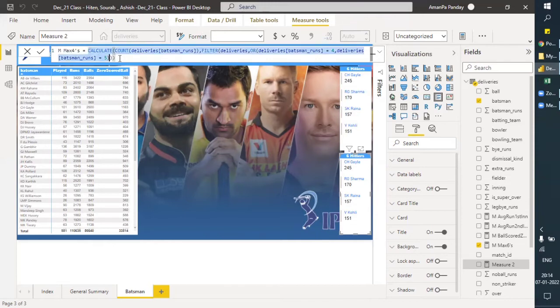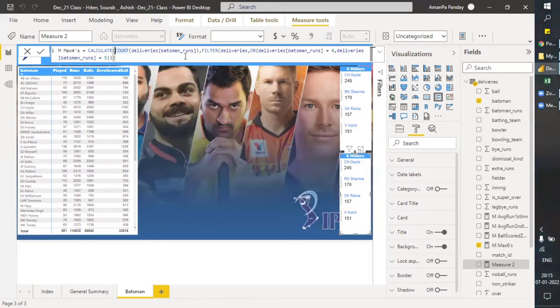So just recalling the DAX, we have used calculate. Basically calculate has two main parts, two parameters. The first parameter is the expression. In the expression you will be using any calculation like sum, count, average, anything. Okay, we should basically have another DAX.